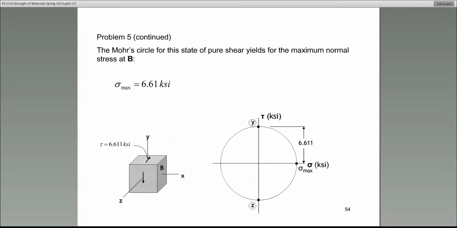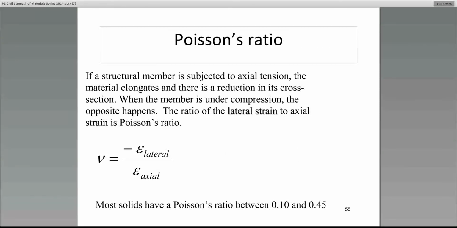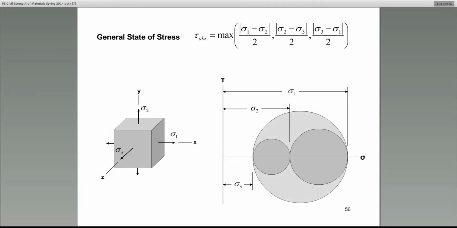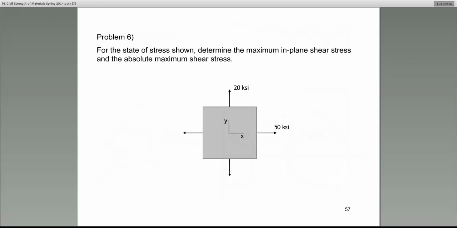And you can see the solution is given to you, and if you have any difficulty with it, send me an email. But if you're taking the structures in the afternoon, definitely go over problem 5. Poisson's ratio here, we will see this in one of the future sessions when I talk about construction materials. We'll talk about Poisson's ratio. General state of stress, again, if you're taking the structures in the afternoon, take a